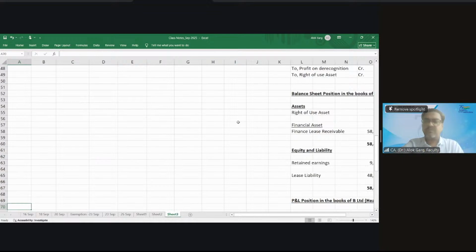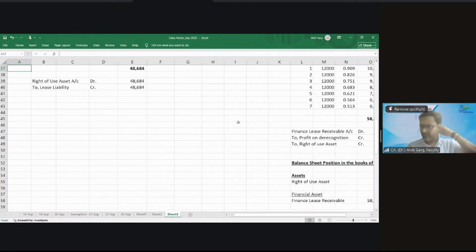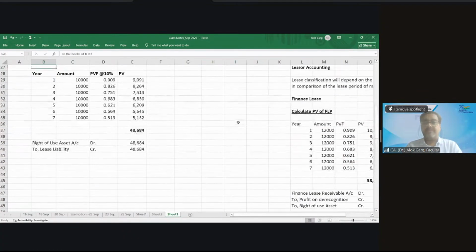In this case, B Limited subleased to C Limited for 4 years instead of 7 years, which is less than 75%, so it will be an operating lease for the intermediate lessor. Yes. Operating lease means the lessor will not derecognize this right of use asset. I told you, in the operating lease accounting in case of a lessor, you have to recognize rental income on a systematic basis. Systematic basis means if the escalation is there, you have to take the average rentals. Okay. So friends, we have completed this sublease concept also.